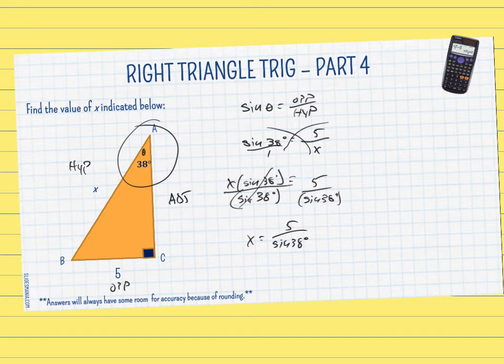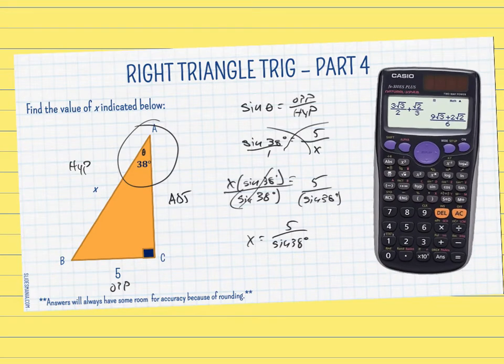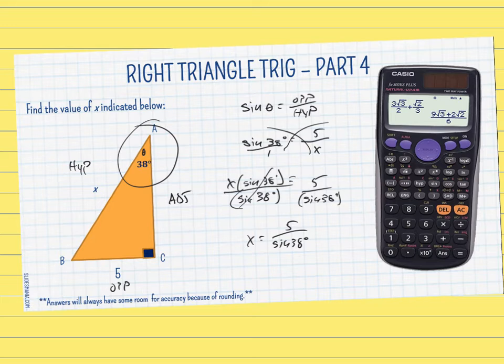So what we're going to do is use our calculators. What I have here is a little bit of an image or a screen capture of a standard Casio calculator. And I'm going to talk you through the keystrokes of how to figure out what 5 divided by the sine of 38 actually is. On your calculator, you would hit 5, then divided by, then the sine button sitting right here. Then you'd hit 38. And when you hit equals, or you can close your parenthesis at that point and hit equals, you should get an answer of about